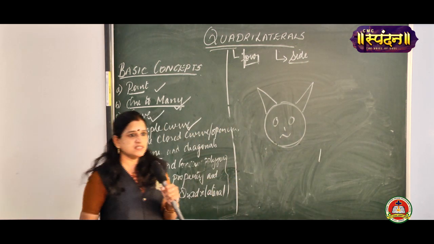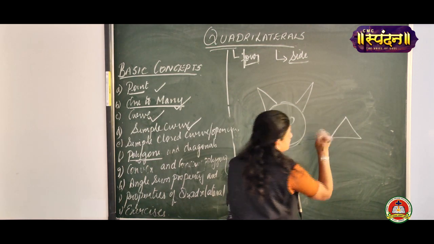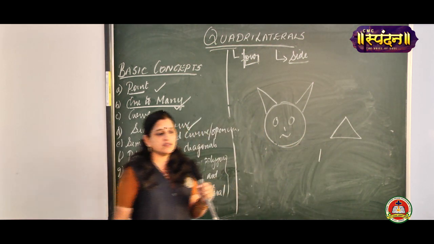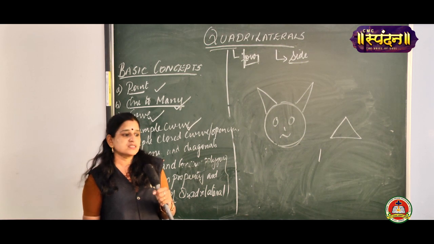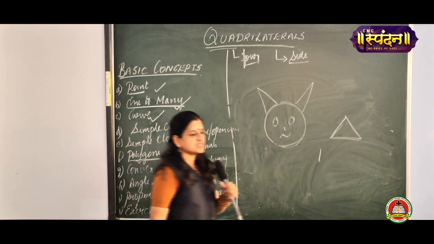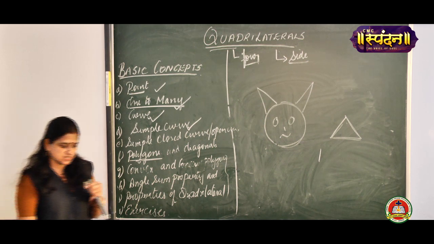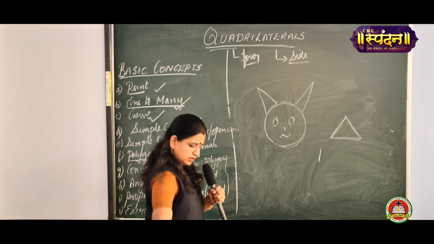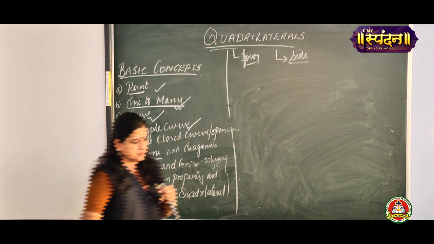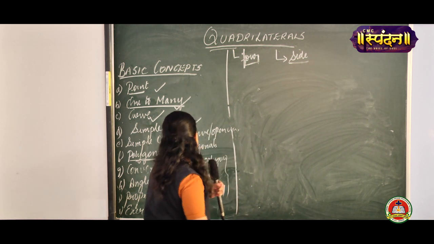So which is the least polygon over here? Can anyone say? Triangle. Triangle is the smallest polygon in geometry, because it should be closed also. I don't have any other figure with fewer sides than a triangle which is closed. So whatever may be the closed figure which is entirely made up of line segments, you call it a polygon. Next, we will move on to diagonals.